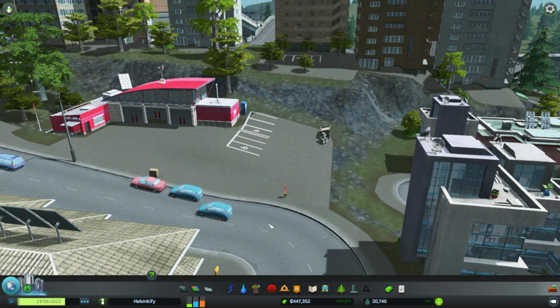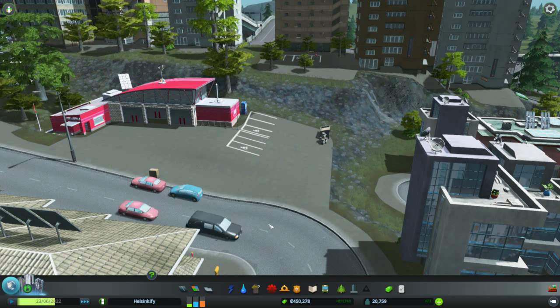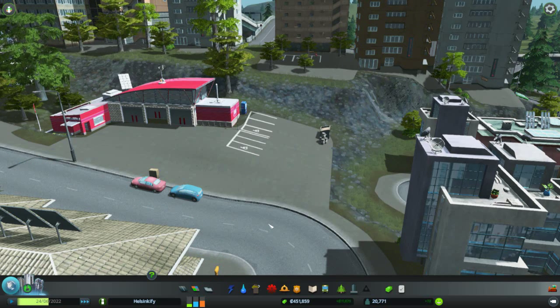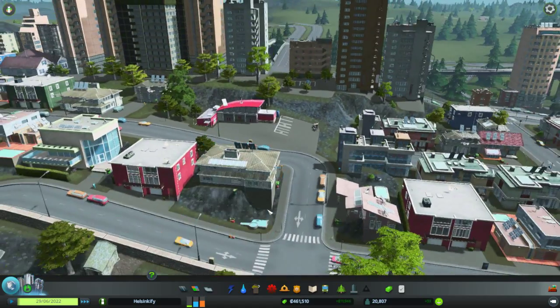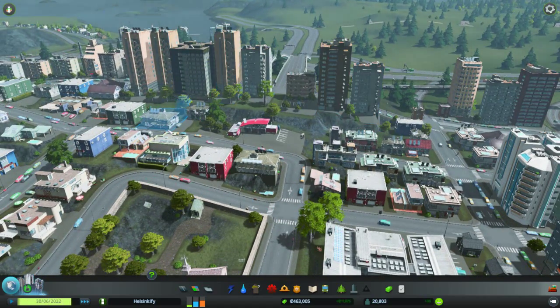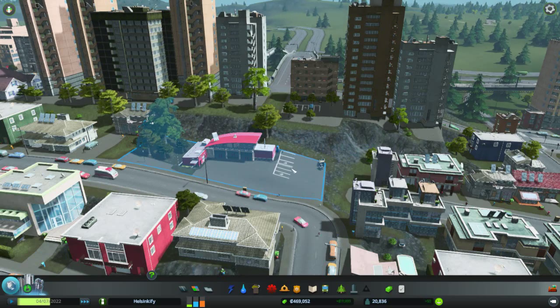People out there are probably wondering, did I do this right? And I don't want you to do something wrong here. There's fire engines coming in. Come on now. Somebody come park here. Come on. I will literally bulldoze everybody's house down and just put fire stations everywhere until you guys park here. Because I want to show the people at home that we need to